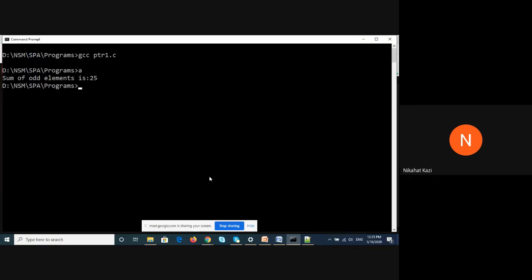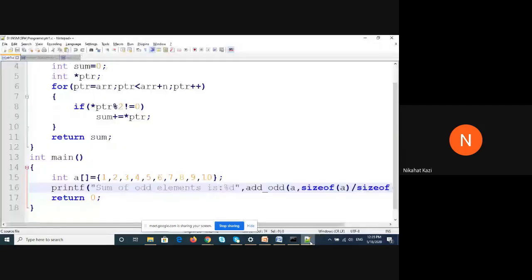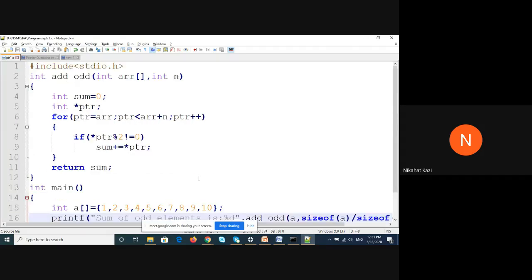We will run this. So the sum of odd elements is 25. Is it correct? 1 plus 3, 4 plus 5, 9 plus 7, 16 plus 9 is 25, right? So this will give you the sum of odd elements in the array.